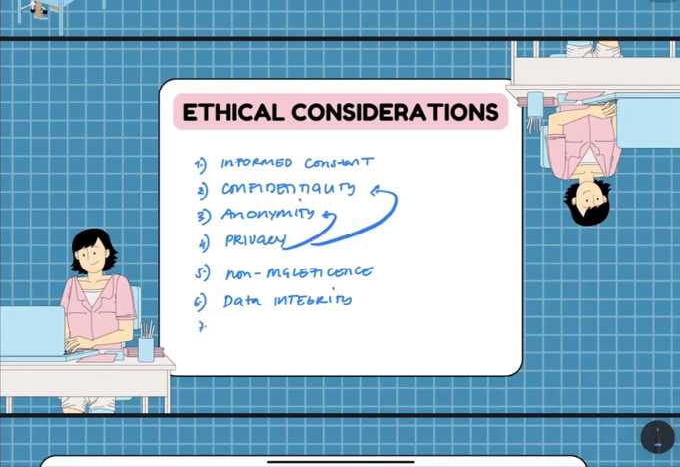Remember also that participants can withdraw anytime. So, right to withdraw, but remember, they should understand the consequences or the repercussions if they're going to withdraw from the research study or from the data gathering or collection. And finally, of course,